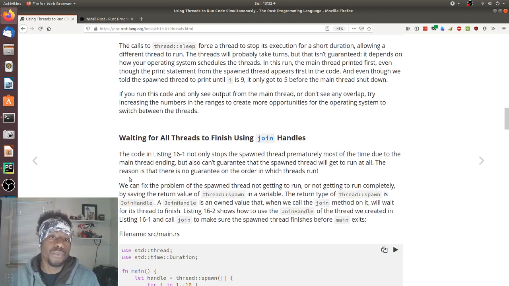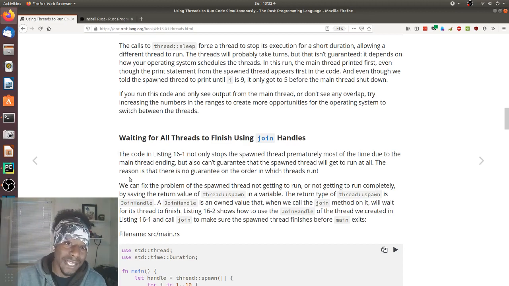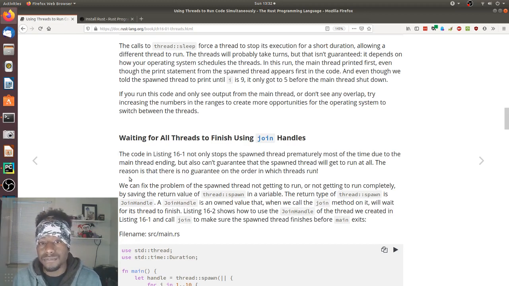The calls to thread sleep forced a thread to stop its execution for a short duration, allowing a different thread to run. The threads will probably take turns, but that isn't guaranteed. It depends on how your operating system schedules the threads. In this run, the main thread printed first, even though the print statement from the spawn thread appears first in the code.